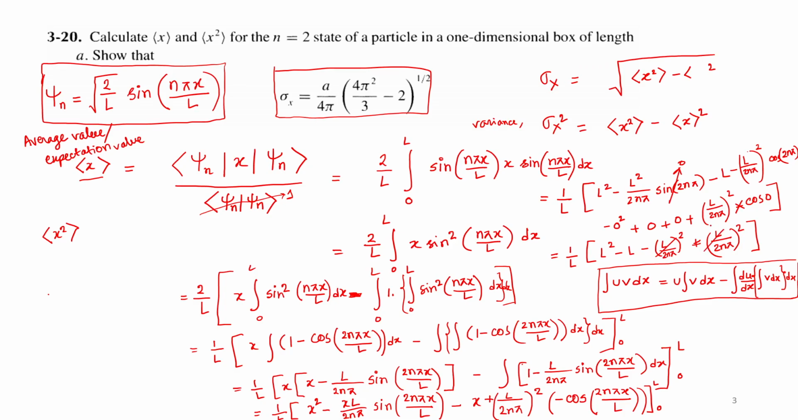Still I'm making some mistake, because the answer I remember should come as L by 2, which is the average value of x for a particle in a box. So where did I go wrong? Can you help me find out? 2 by L. Oh, I have done some mistake. It is x sine square, so 2 sine square into,